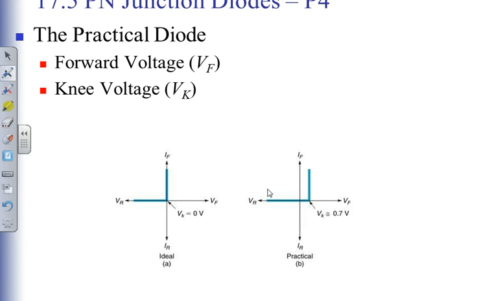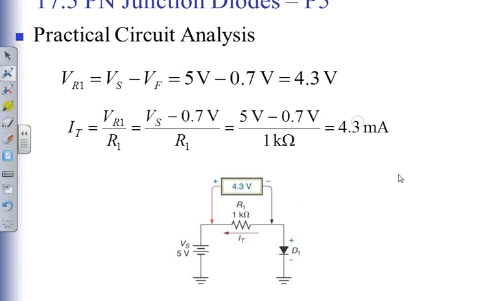Again, as an ideal diode, we'd say at 0.7 it turns on and it's all the way on. So even though we're turning it on at a little bit higher voltage, for an ideal diode, on is on, off is off, there's nothing in between. We look at practical characteristics of the diode, and we see that I have some diode